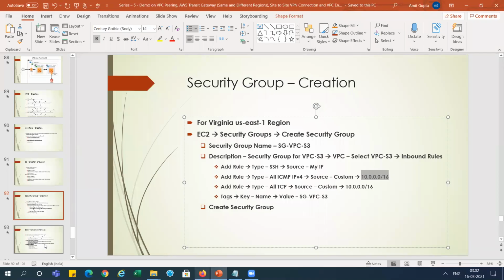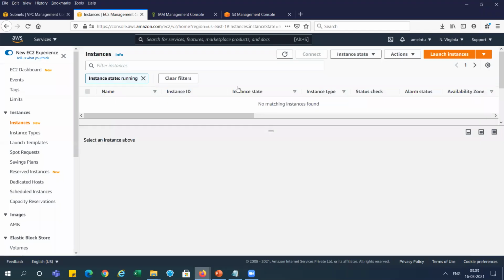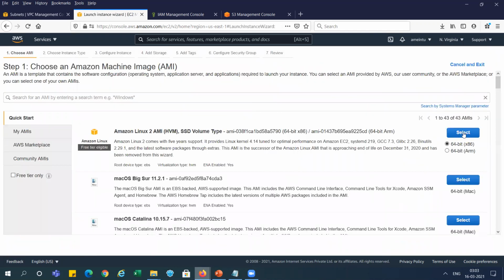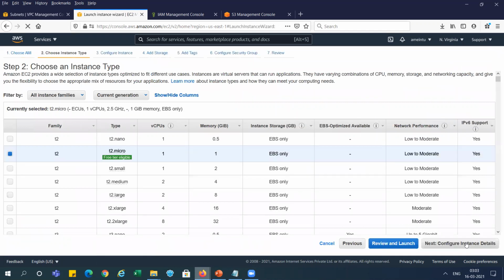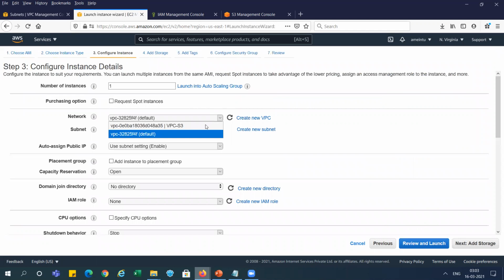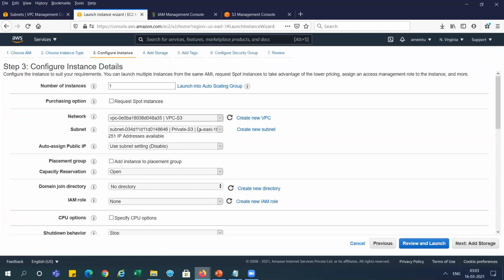Now, next step, go to create instances, right? I'm launching the instance here, right? And selecting this Linux and going with the default settings. And first we will select this VPC-S3, and we need to create the EC2 instance in the public subnet, right? So the public subnet, this one, right? And enable auto-assigning public IP.